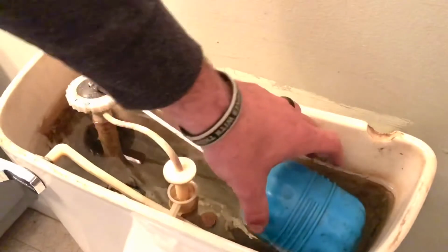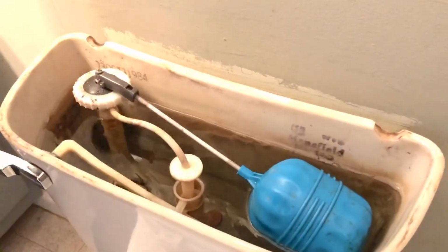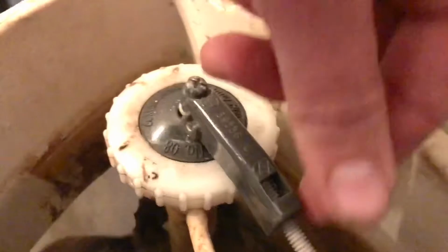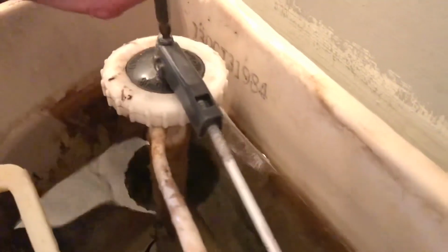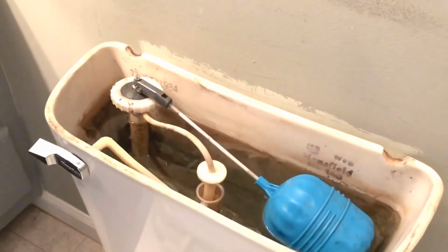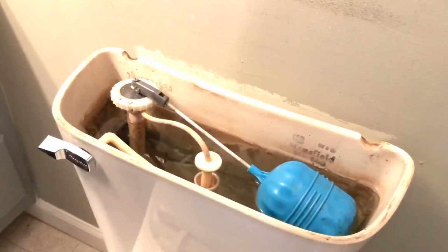And so I checked this, I inspected this, and everything seemed fine on that. And so I just tried something right here. See this little screw, if you'll zoom in right there, it seemed a little loose, so all I did was I just took my screwdriver and tightened it like that. And that was the only issue that there was, seriously. And so if you ever have any issues like that where your toilet is running, try that out first,